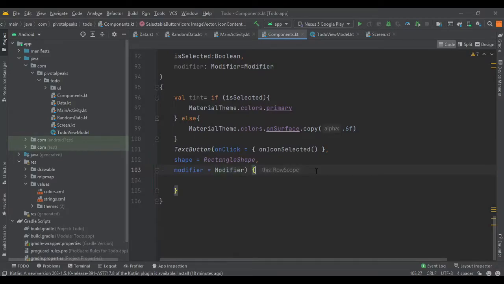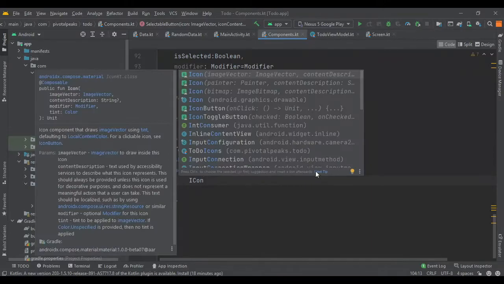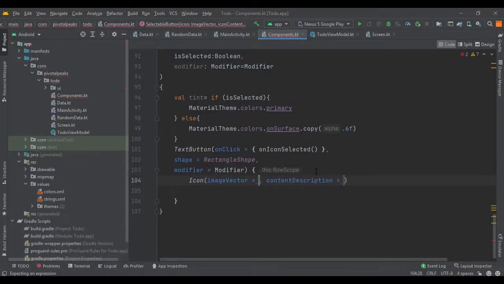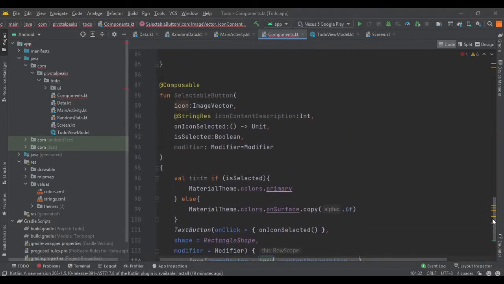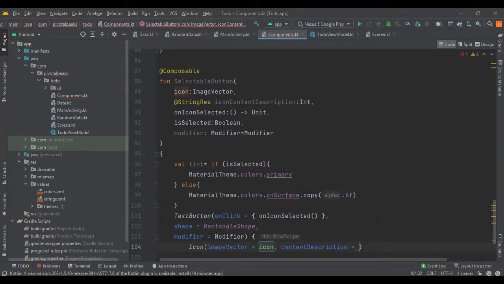Now let's insert our icons in this button. So after the curly braces we need to provide the definition for icons. So let's select the Icon, and we are going to choose this one, ImageVector. For the image vector we are just going to provide the icon value that we created earlier, this one.